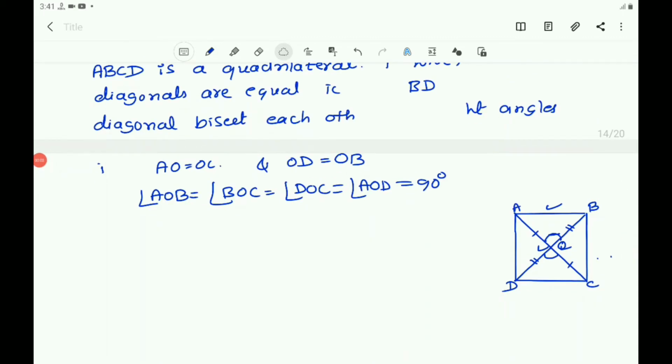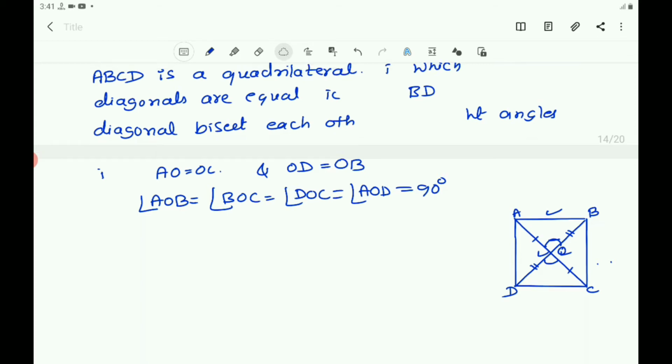We know that the diagonals of a parallelogram bisect each other, and also its converse says that if the diagonals of a quadrilateral bisect each other, then it is a parallelogram. Therefore, you can conclude that ABCD is a parallelogram, as its diagonals bisect each other. Therefore, you write, we know that